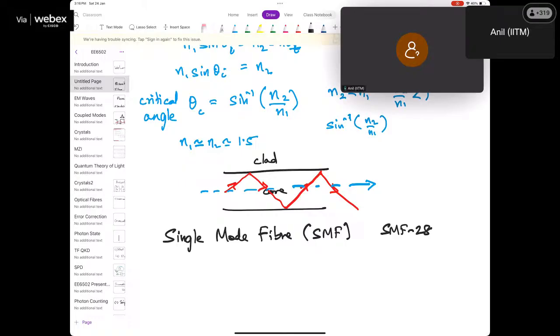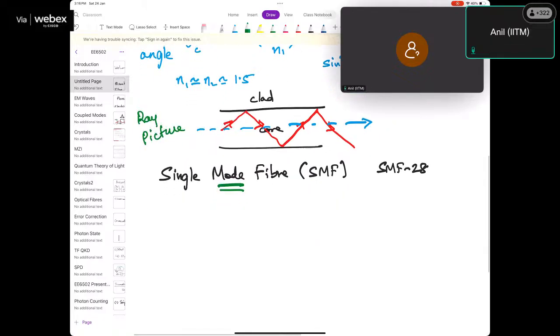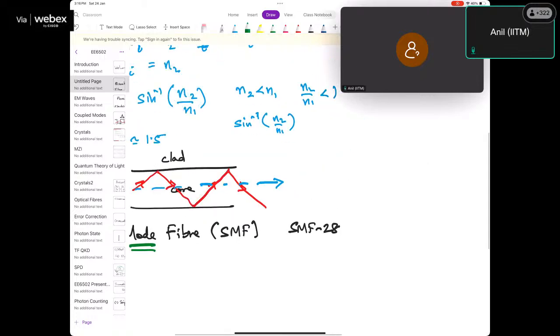Now, this picture that I've drawn out here is the ray picture. It's not the mode picture, right? The word is mode. So what I've drawn out here is the ray picture, it's not the mode picture. So what exactly do I mean by the mode then? If I look at this fiber again, if I look at the core out here, and the cladding, let's say somewhere out here,